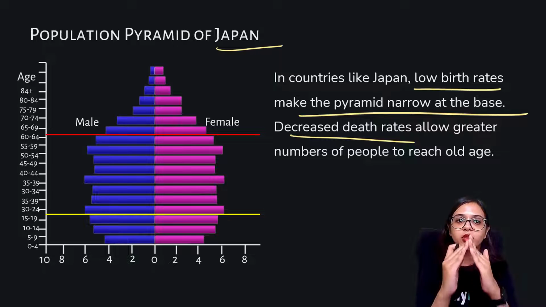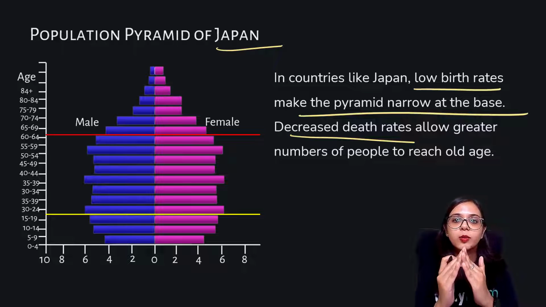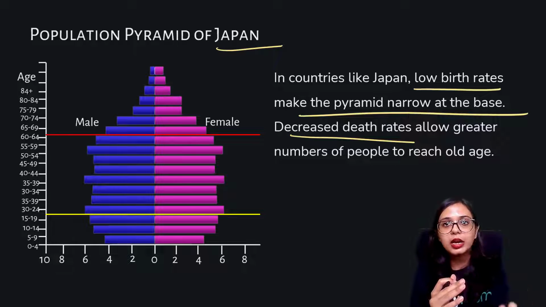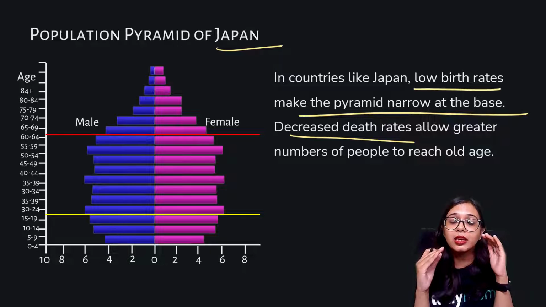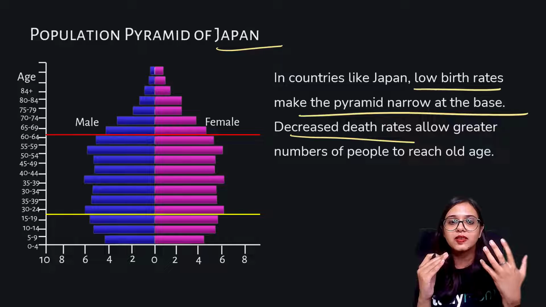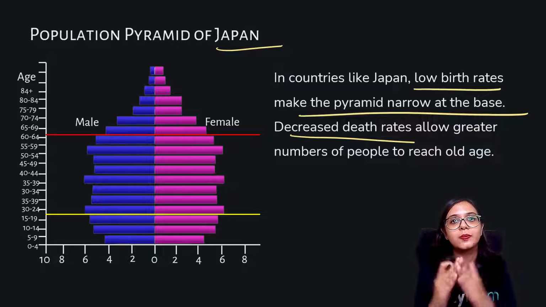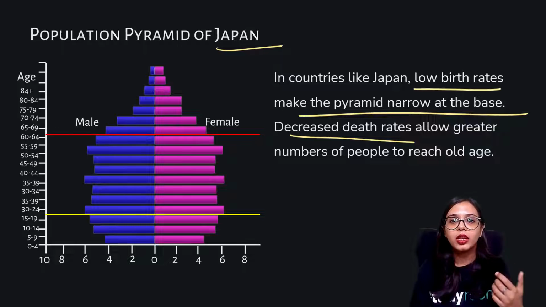That triangular shape is not witnessed here, because although people are dying as they're getting older, that rate of death is not as steep or as high as it was in the cases of India or Kenya. There is also a low birth rate in Japan,